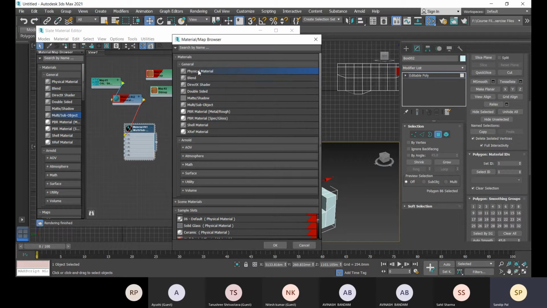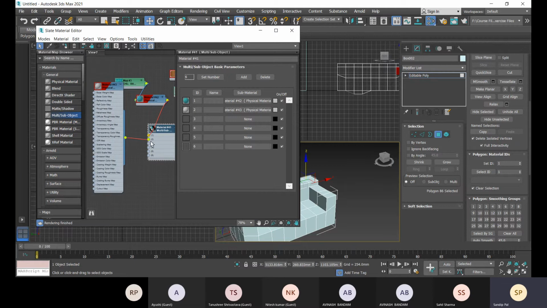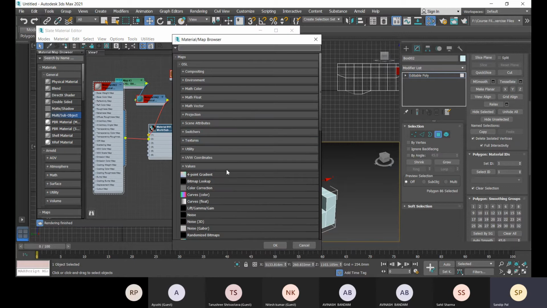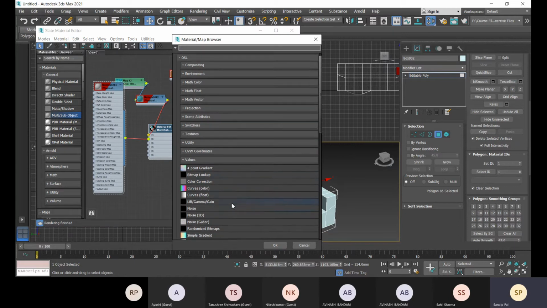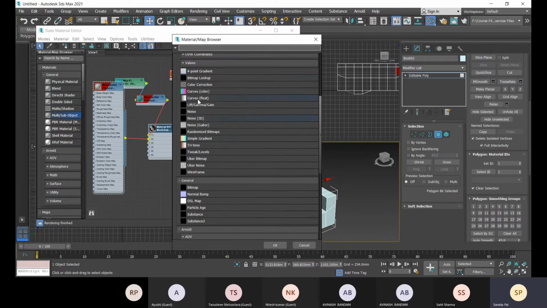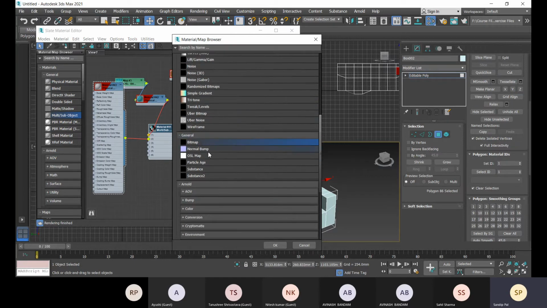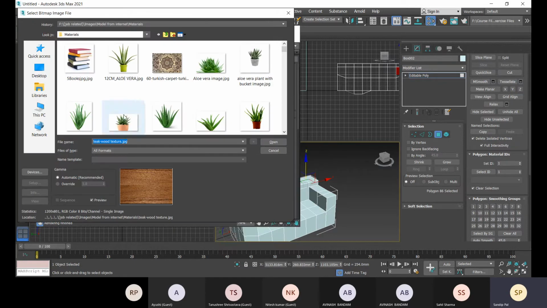you can choose. Let me go with this physical material again, double click on it, it will be connected to that too. Let's go to base color map, again go to bitmap option, or if you want to provide any other map, you can choose. So let me go with bitmap option.